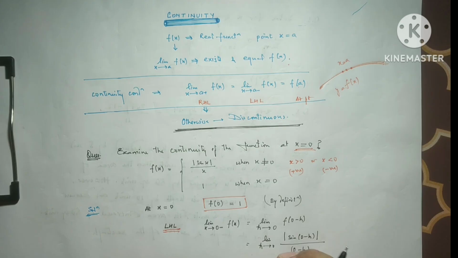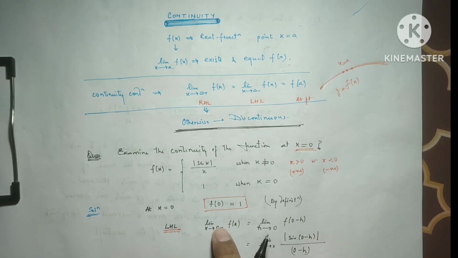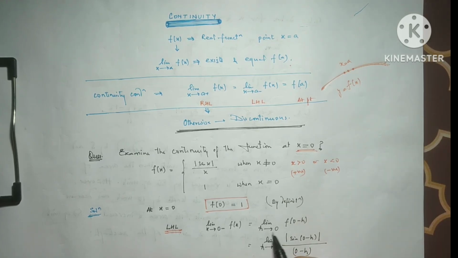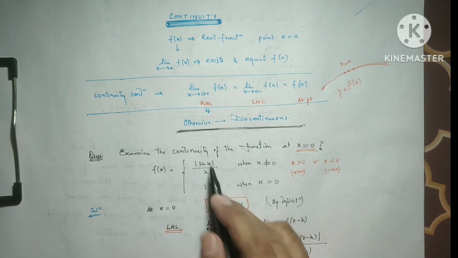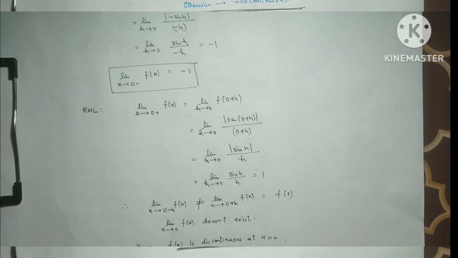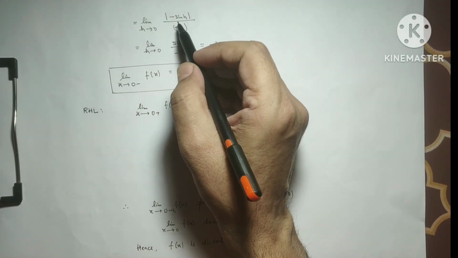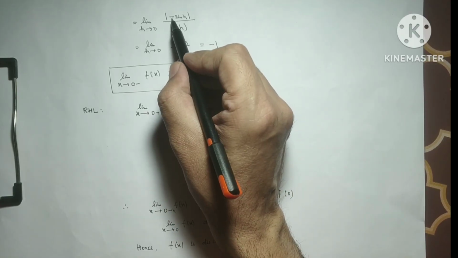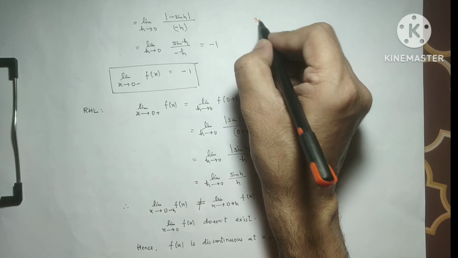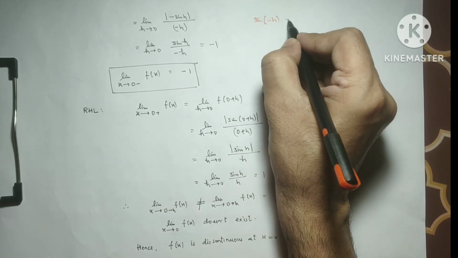So for the left hand limit, limit x tends to 0 minus, it's a smaller value, we can take h as a very small positive value. So when you subtract it from 0, we get a negative value. So slightly lesser value, if it is 0, then it is 0 minus h. So limit h tends to 0, f(0 minus h), we put this 0 minus h in the given function. So it is mod of sin(0 minus h) over 0 minus h. Now on putting that value, we get minus sin h and minus h, because sin(0 minus h), or you can say sin(minus h), is minus sin h.